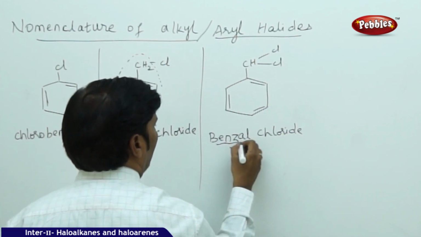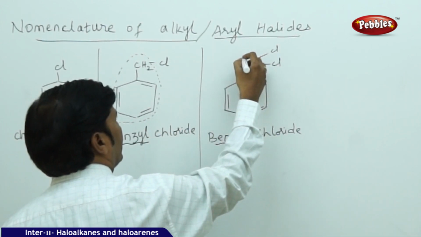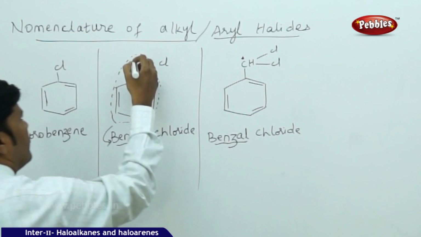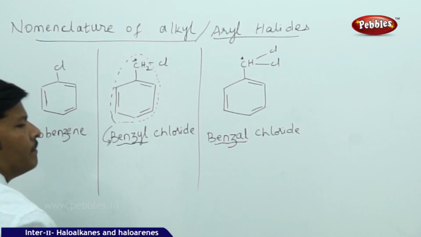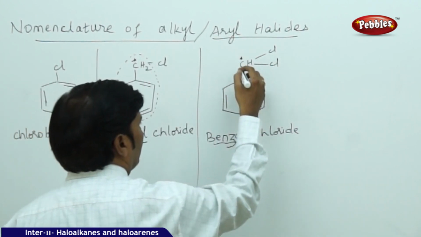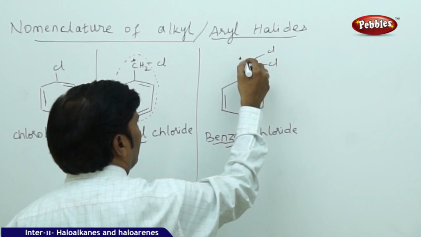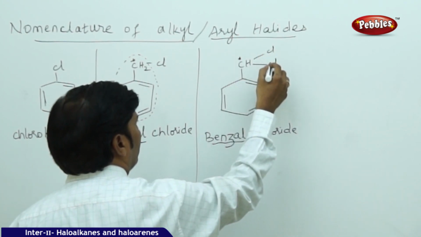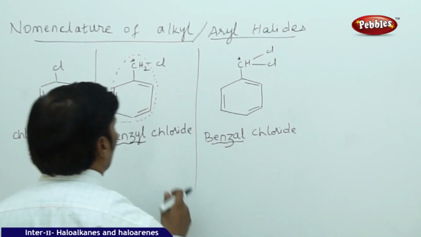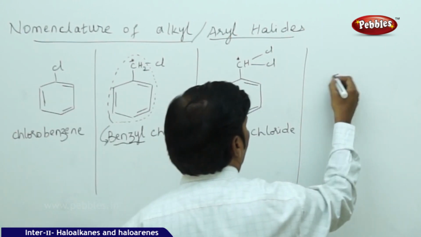Chloride. The word benzal represents that benzene ring. Now this is more or less like a secondary carbon, and this is more or less like a primary carbon. Here the CH2 group is termed as a primary carbon and the CH group is termed as a secondary carbon. Benzene ring with a secondary carbon substituted with the 2 chlorines, we call it benzal chloride, and this is benzyl chloride. In the next case, we can just take this as